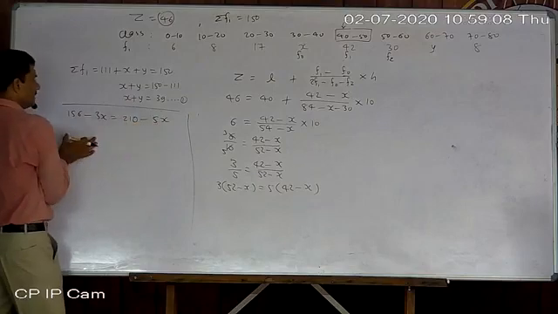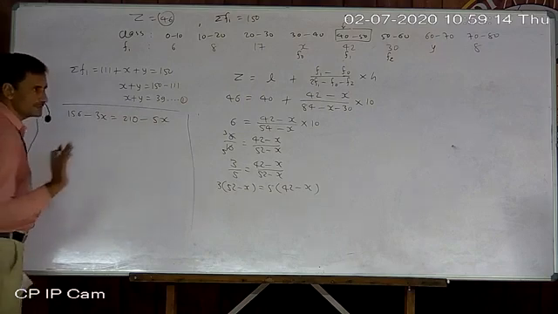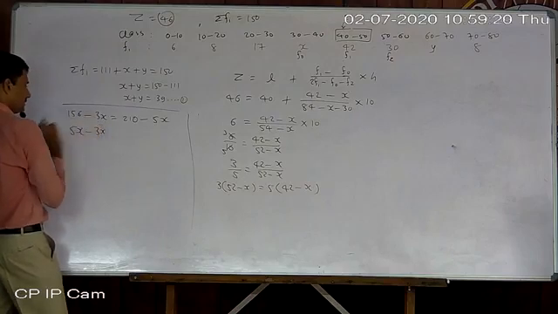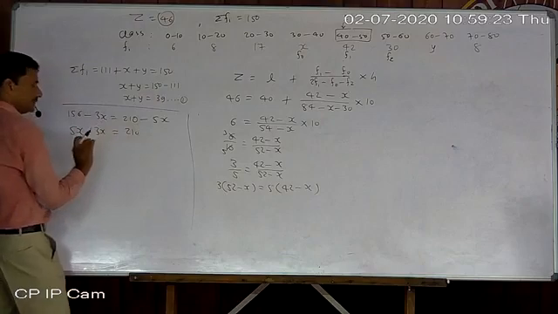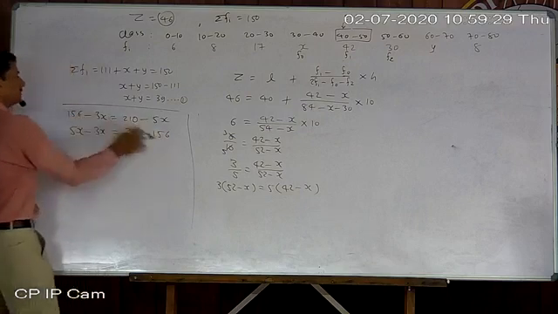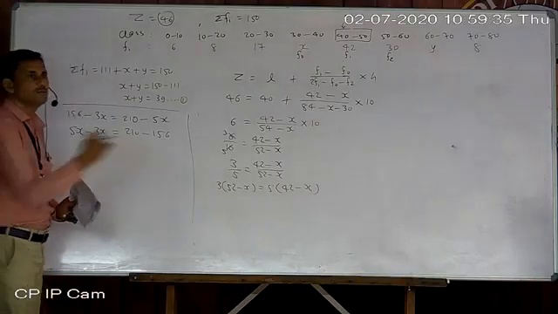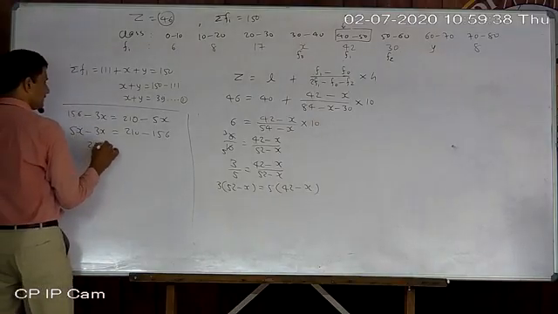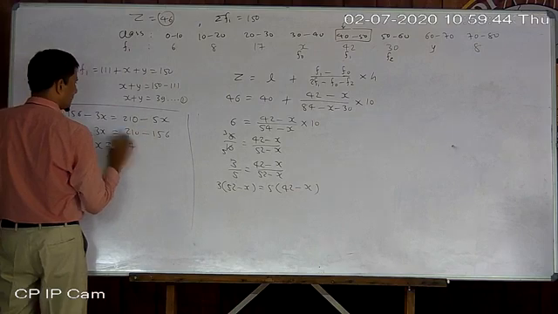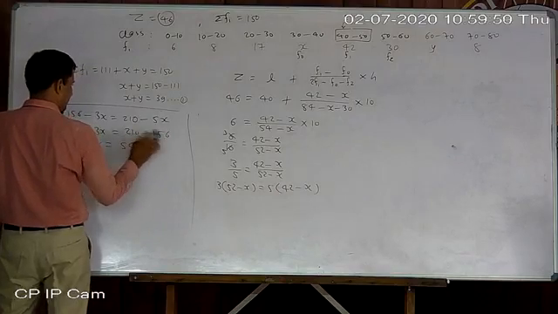Now just keep x terms together and constant terms at the opposite side. I set here 5x so that it will become plus. 3x was here only, remains the same sign. 210 was on the right side only, so it stays positive, but 156 goes to the right side, so it becomes negative. Those terms which are shifting change sign. Now it is 2x. Now whatever is left here, 210 minus 156, 54.